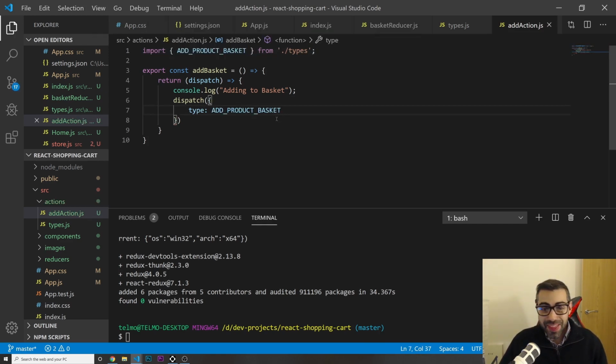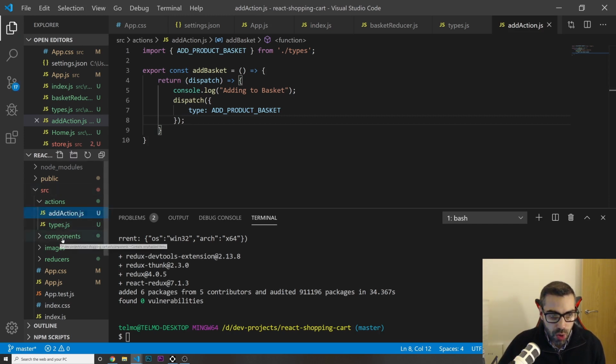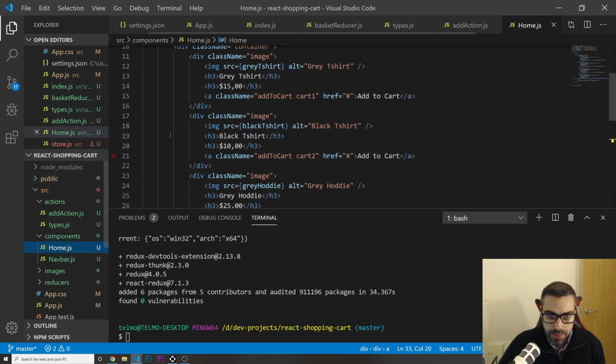Oof, I think that's it. If I'm not wrong, I think we got everything. There is only one last thing missing. And the thing that we have missing right now is on our components home. Okay, so on my components home, what I want to do is, first of all,